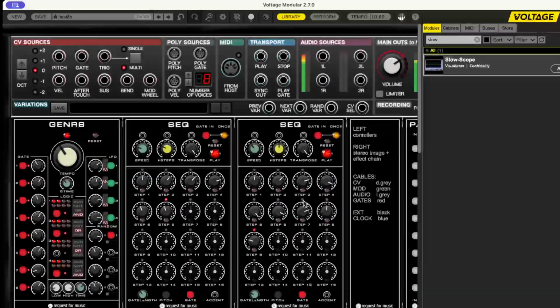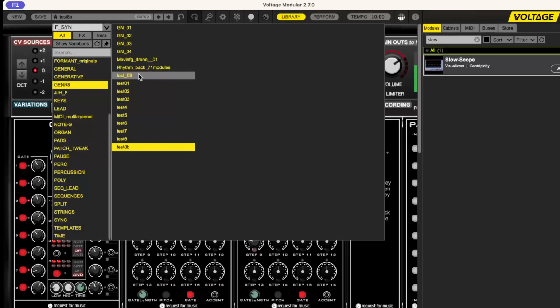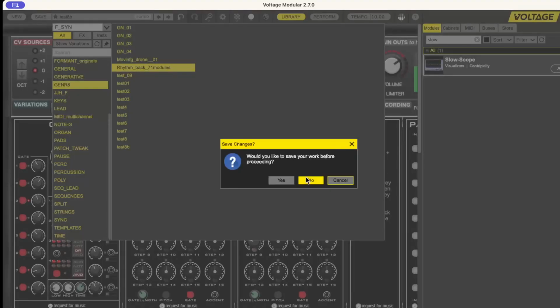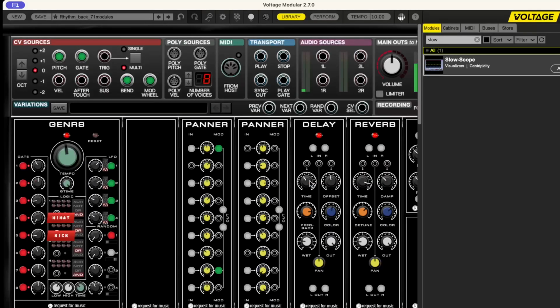Well, at least I hope that this gives you some idea of what Generate can do. I'll take another of my patches out. The patches are part of the normal patch folder that you can load from my Dropbox. So if I listen to this one, I've actually used the Generate module to create a gate